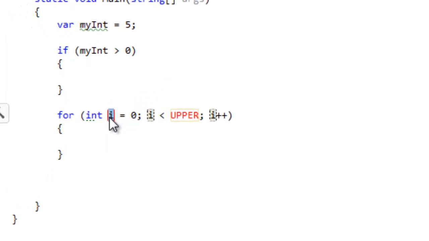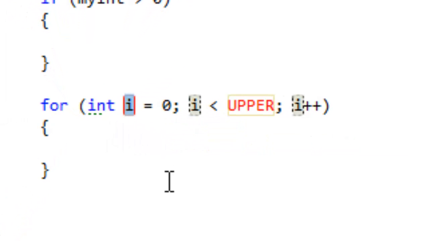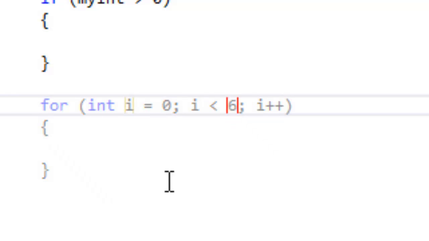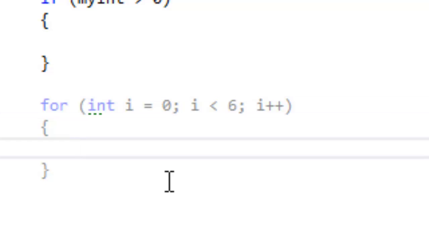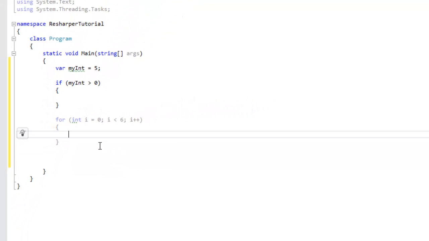Notice how it's kind of hard to see, but there's a little red box around that I. That's where if I type, information is going to go. So I'm just going to leave it as I, and I'm going to hit enter. And it's going to move me to the next spot where I have to put in text, and that's the upper limit of the for statement. So if I type in a 6 there, you can kind of see the little red box around it better now. Just hit enter, and then it's going to say, okay, now we're going to move on to where you're actually typing the code,